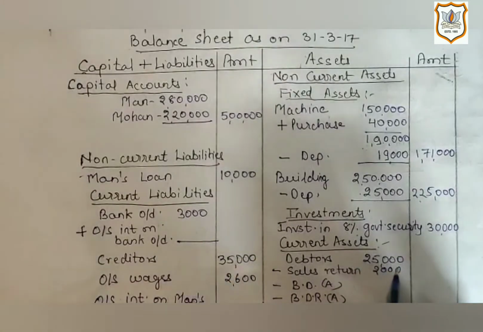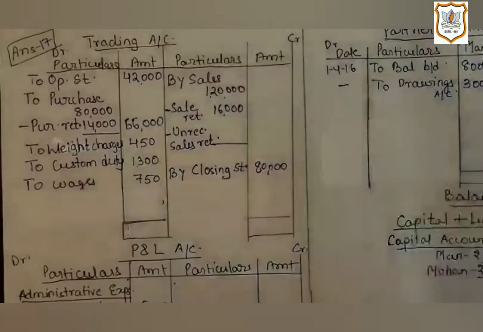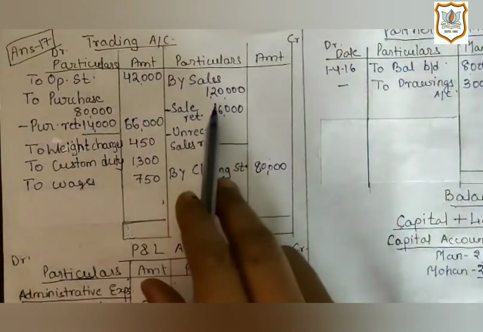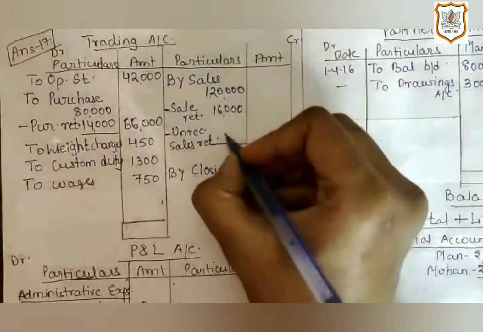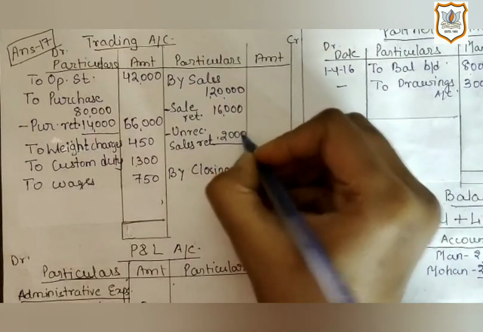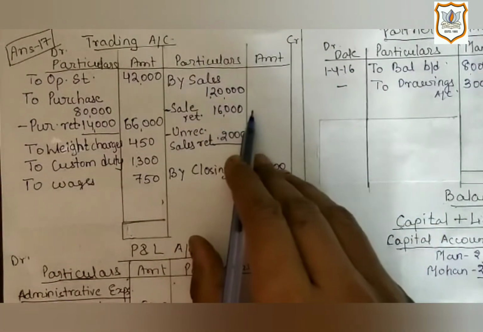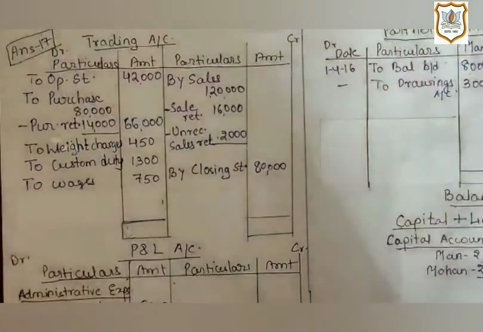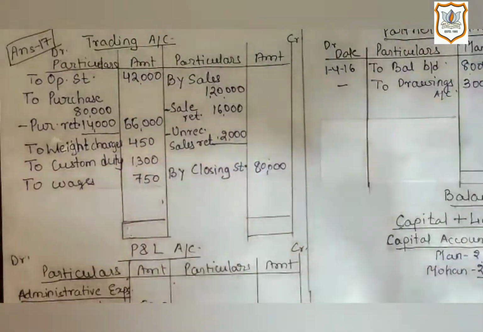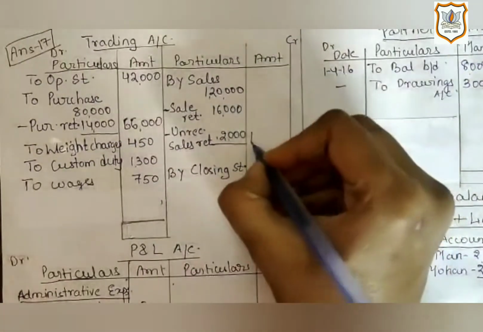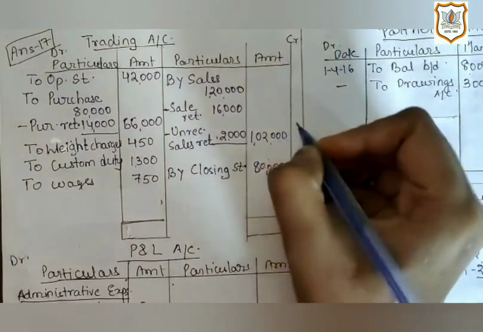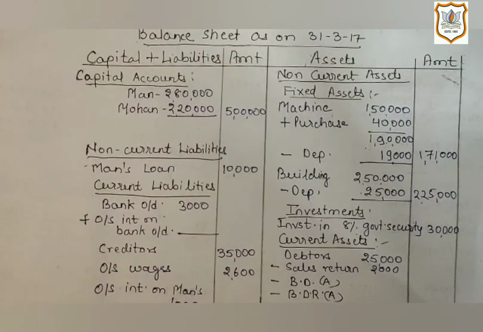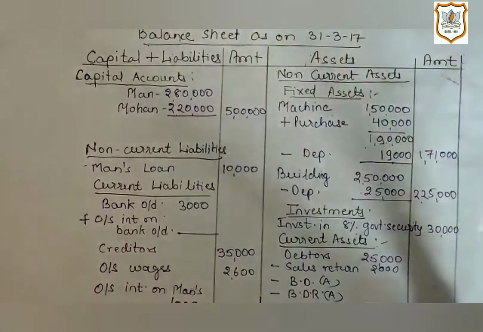I am writing it in inner column as we have to face more adjustments here regarding debtors. Second effect of it would be deduction from sales. Minus 2,000. Here 1,04,000 is already given in trial balance, and here we are deducting 2,000 which was missed out to record. So in outer column we will get 1,02,000 as the value of sales. Now we will move on to adjustment number 3, which says that debtors of rupees 10,000 became insolvent.